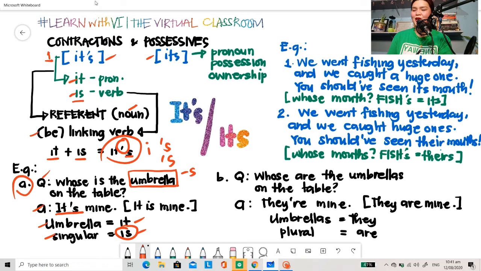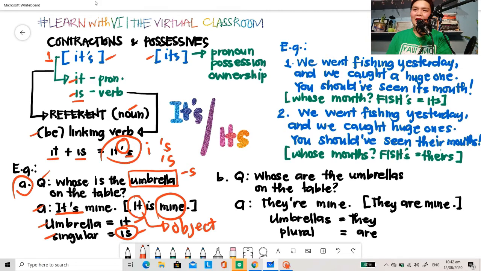As easy as that. So really what we're looking at here is that it's with the apostrophe, it doesn't really show ownership, okay? Because the word that shows ownership here is the word mine. Okay, what it does is it refers to the object being talked about, which is the umbrella. Okay, so it's with the contraction version or contracted version, it doesn't really show ownership. Rather, it just talks about replacing an object that is being talked about in a statement. All right,